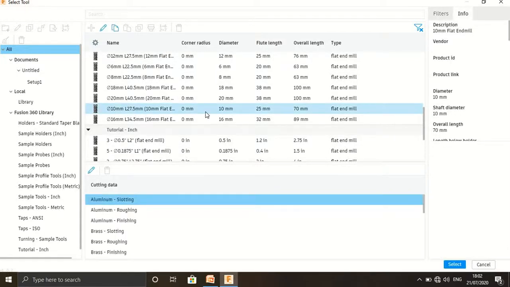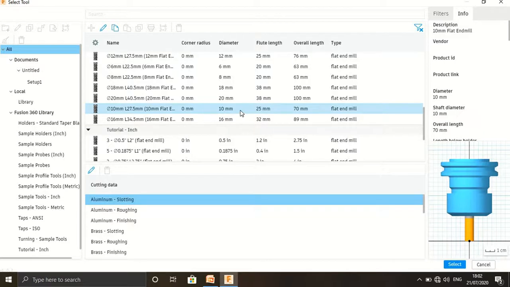Select one of them, that is a 10 mm diameter, 25 mm flute length, and the overall length is 70 mm. The detailed description or information of the tool is given. Cutting data we can also select for the tool, that is aluminum slotting, aluminum roughing, as per the material.